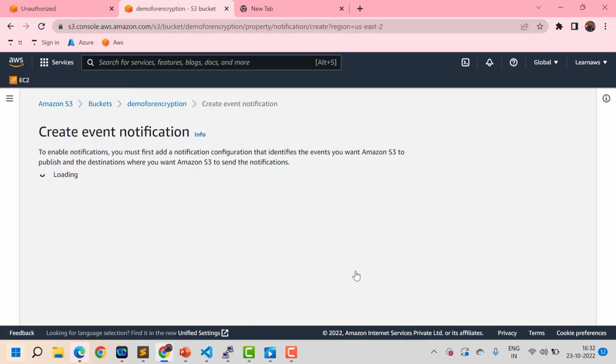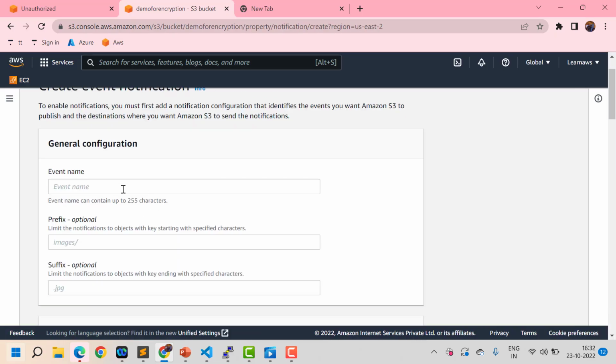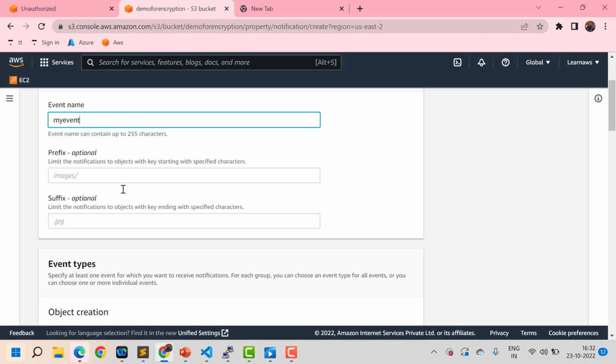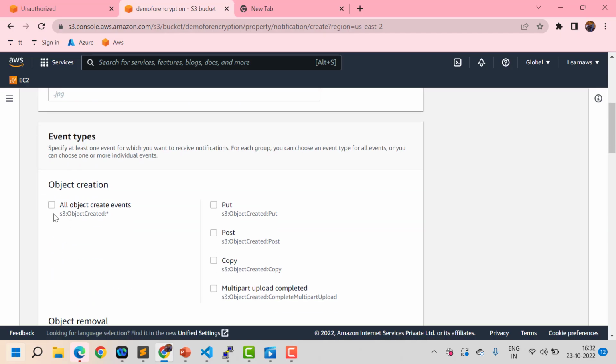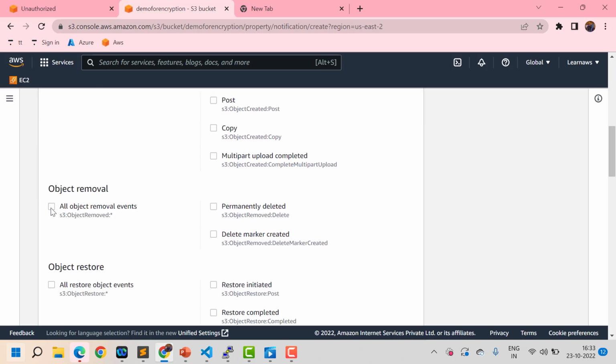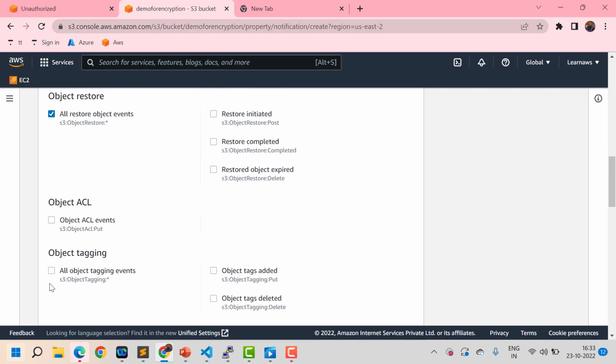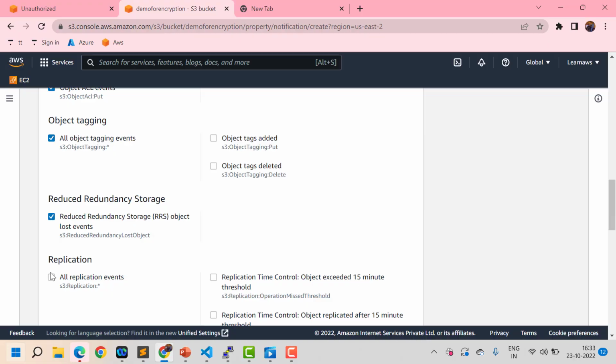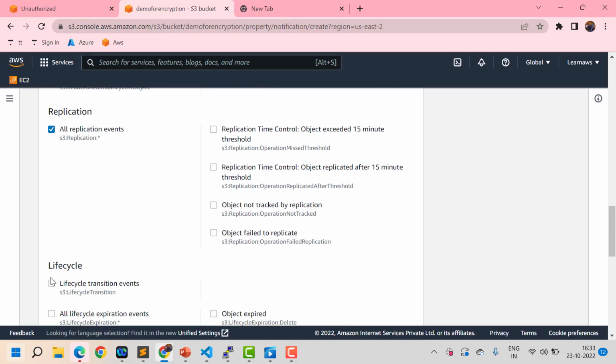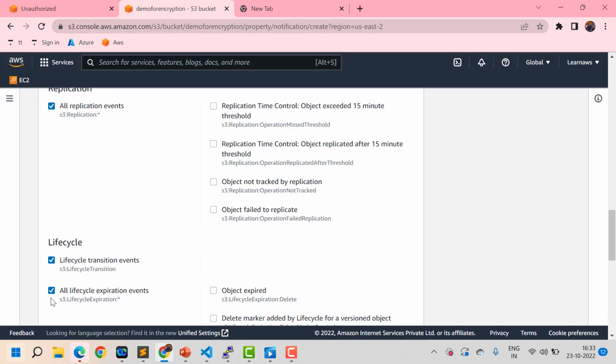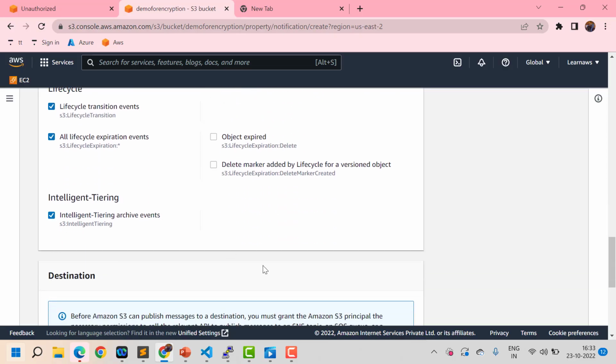Let's say create an event notification, give a name to the event. I want it for every item, not only for images or some type of files. Any object that is created by using put, post, copy, anything, I want a notification. Or any object deleted, any object restored, any ACLs that are changing, any object that is tagged, any storage class that is changed, any replication, if you set up any lifecycle rules, if any intelligent tiering happening,